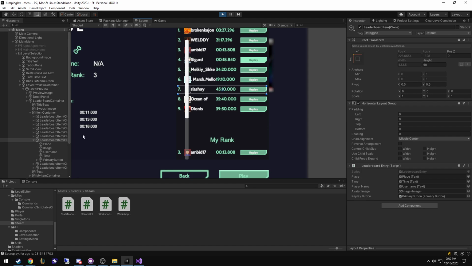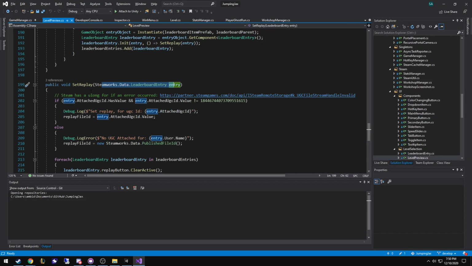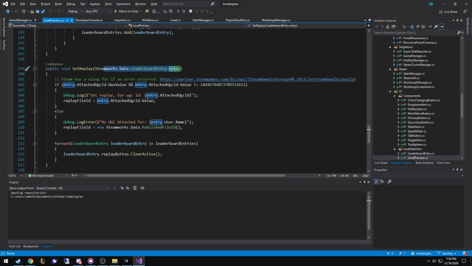Each of these individual line items has its own custom script on it called Leaderboard Entry. So when I initialize these dynamically at runtime, I basically say, hey, Mr. Steam, will you give me the top 10 leaderboards? And when I get those back, I create these line items based off of it, and they store that actual leaderboard entry as data in their script. So that way when I hit replay, I can say, send that leaderboard entry to the UI. So that way when you hit play, we have a reference to it. So set replay is what happens when you click that button. I pass the entry that was stored there, and I say